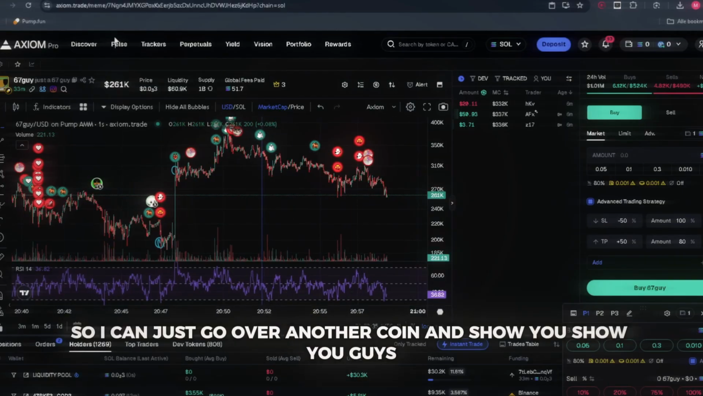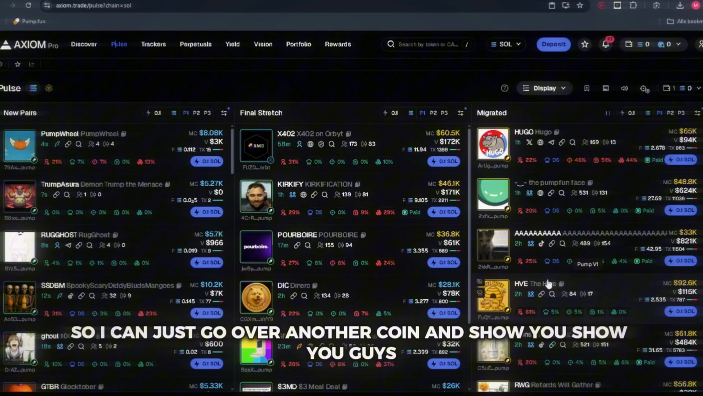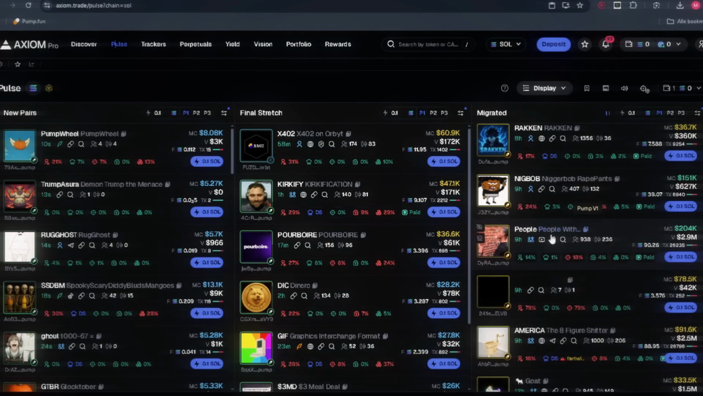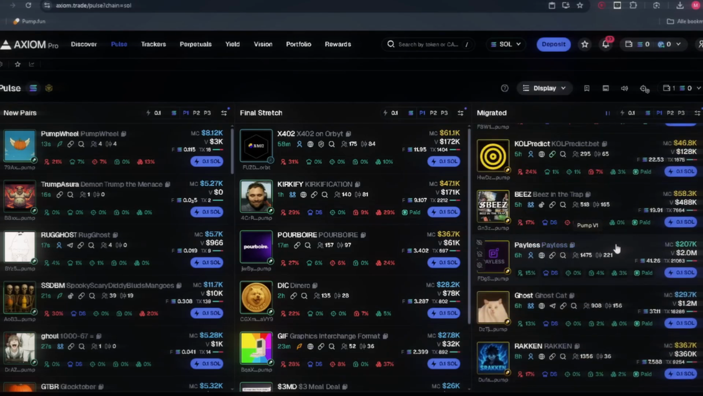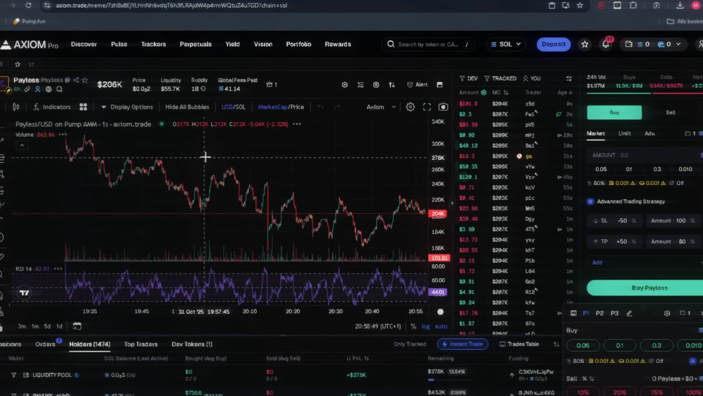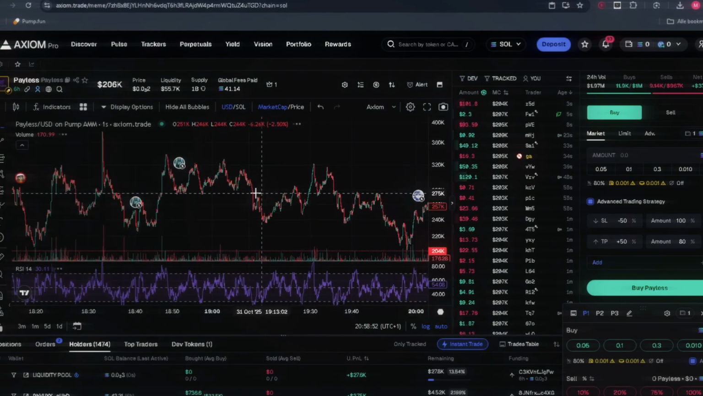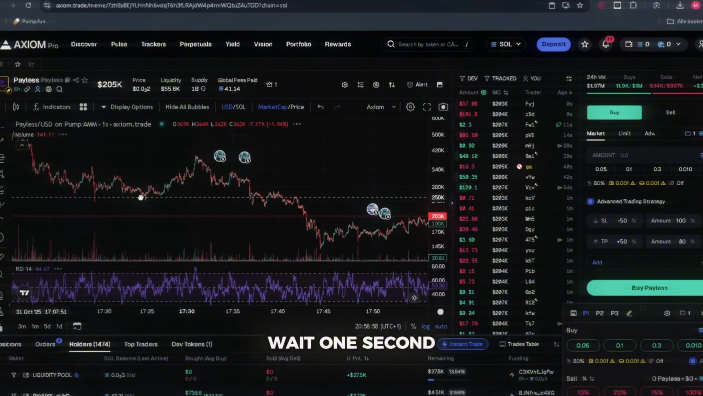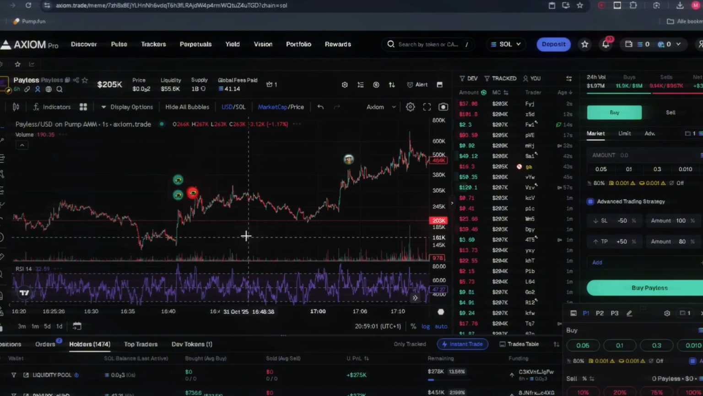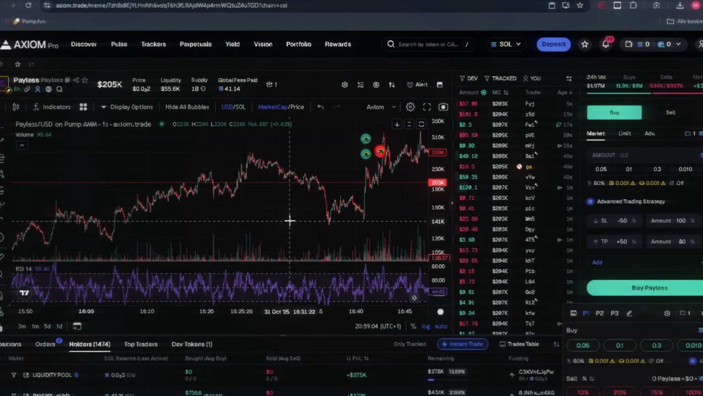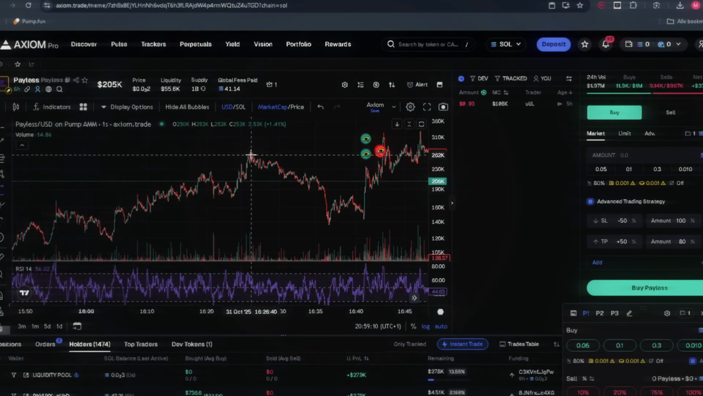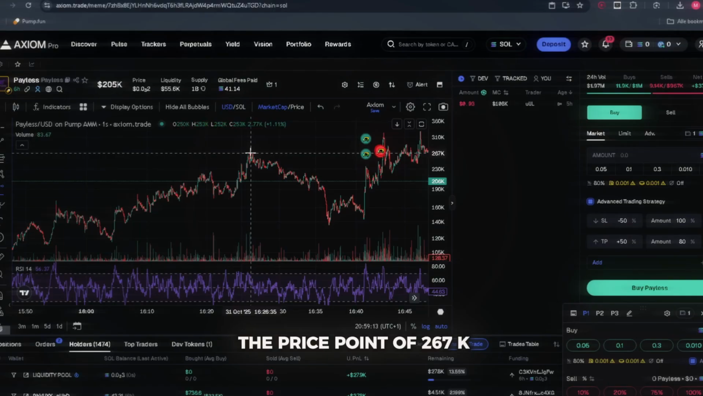So I can just go over another coin and show you guys how it works. Let's just go over this coin. Okay, so here we see the price hit the price point of 267k. This is considered